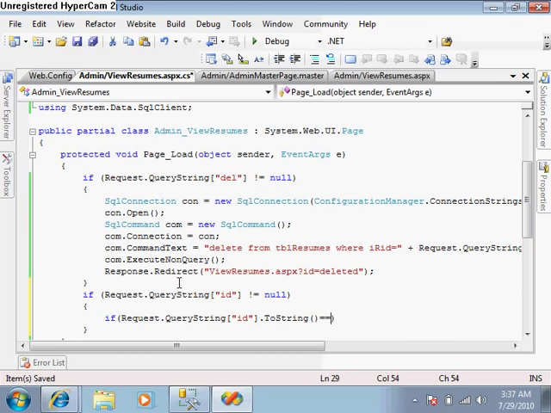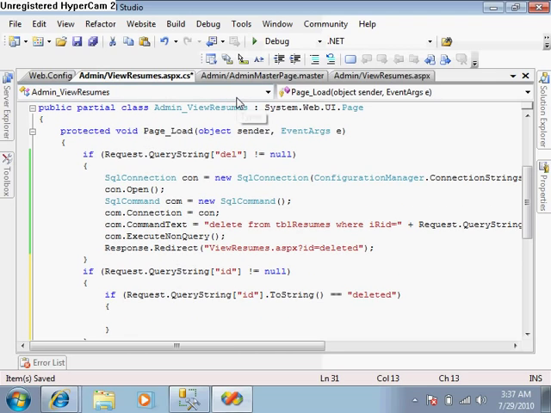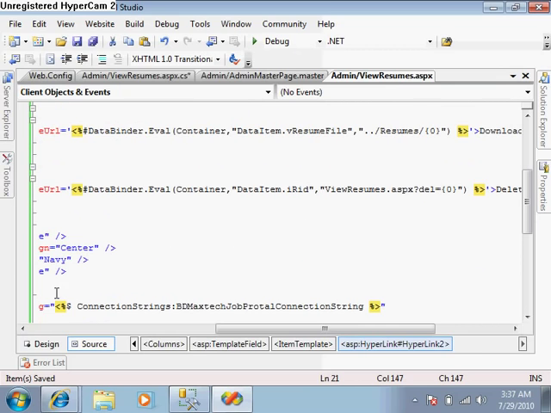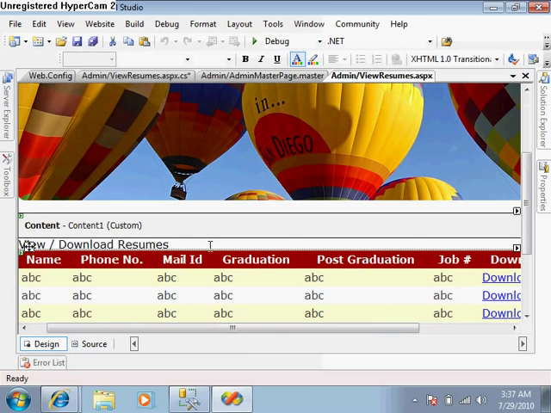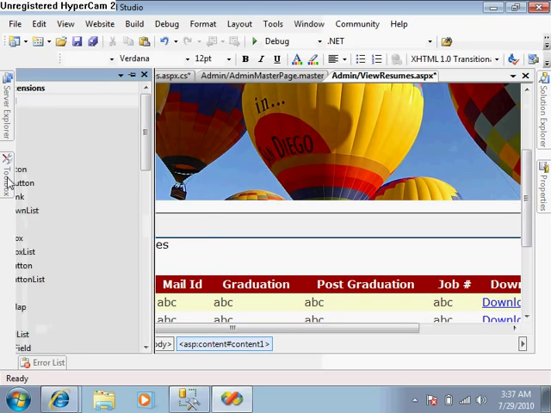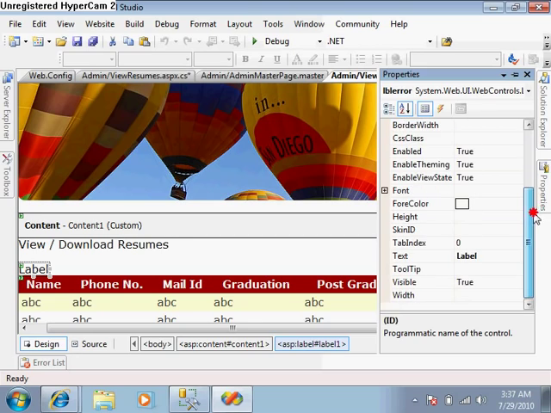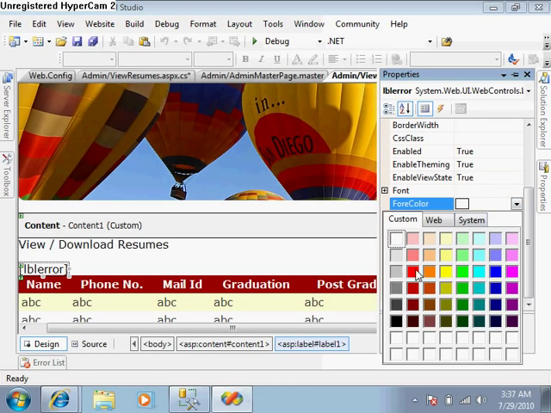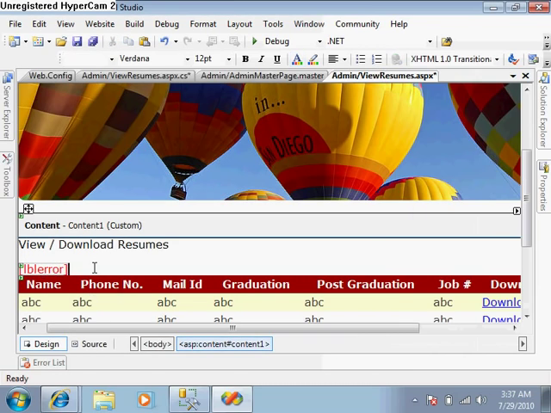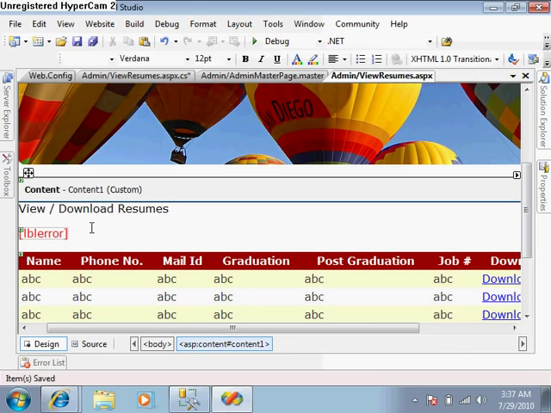Yeah, resume is deleted. So first the rubbish value is deleted. Now again you can delete all the other resumes also, like this. Yeah, now it's working, that's why I had left this. Okay, it is also deleted. So one more thing we have to take care of: suppose at the last time I click the delete link, or any other place, and by mistake I have clicked on this delete link, then it will directly delete this. So what I want now,